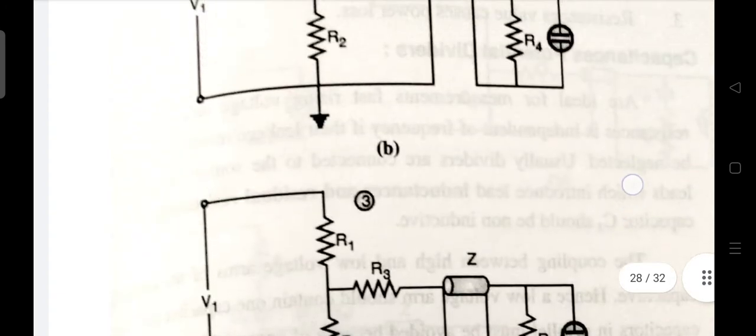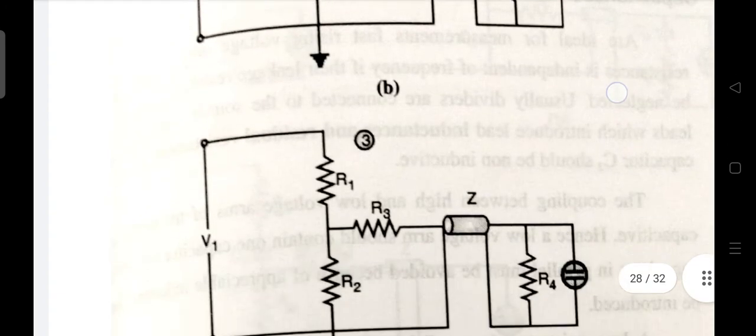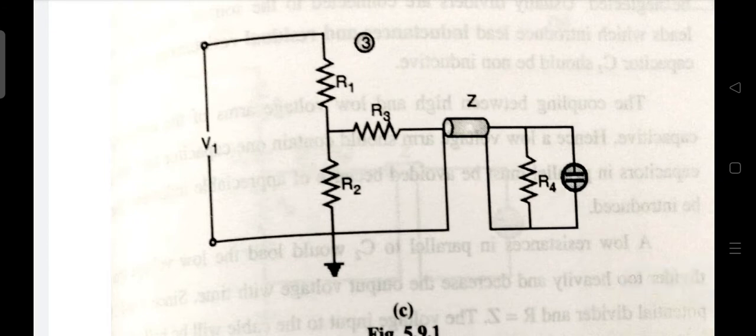Now for the pure resistance potential divider, the advantages of this type of potential divider are simplicity of connection, less space required, less weight, easy portability, and they can be placed near the test object. But they also have demerits: the output of the voltage divider is distorted for high frequency, they require careful electrostatic shielding to minimize stray capacitance effect, and the resistance value causes power loss.